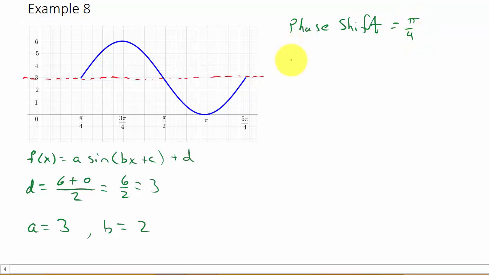Well, do we remember the formula for the phase shift? Well, the phase shift is equal to negative c over b. Okay, and that's the formula. So if we know the phase shift, the formula is negative c over b, well, the phase shift is pi over 4. So we take the pi over 4 and set it equal to negative c over b,